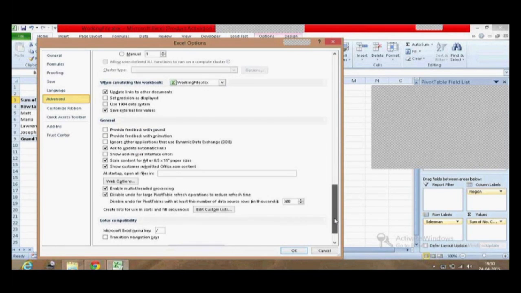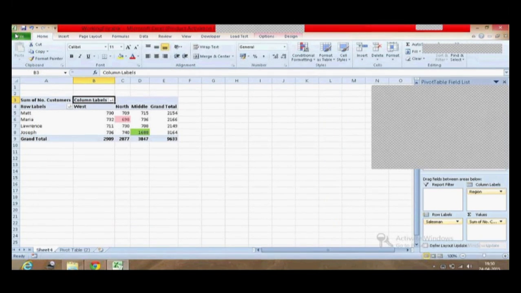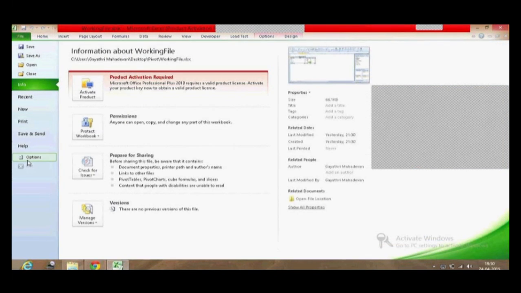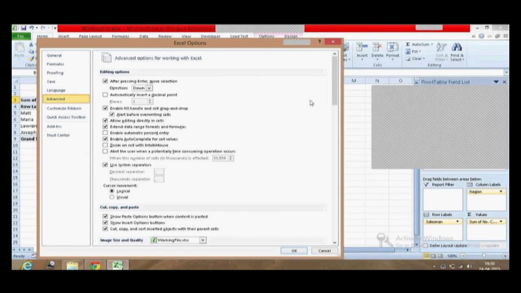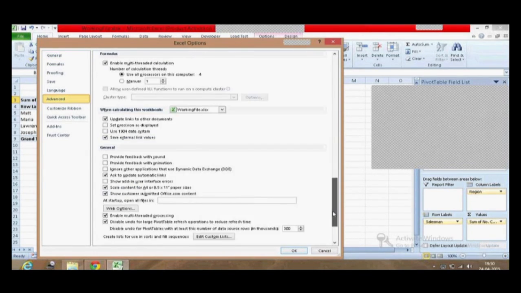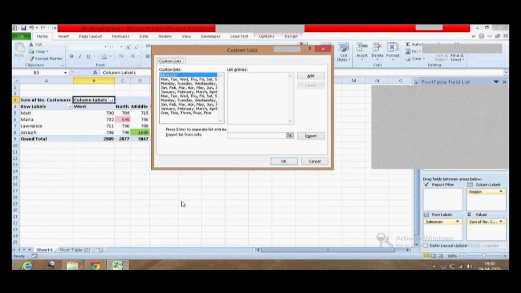So here are the default Excel-given custom lists which are available. If you want your own list, you will have to write it here. I'm not copying and pasting now, but you can do that also in case you want. How do you do it? I can select my data from my Excel worksheet and copy it. Did you look?